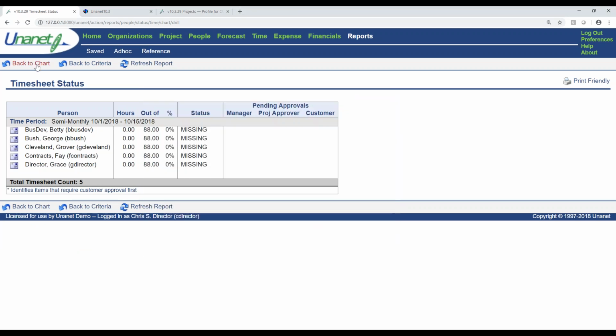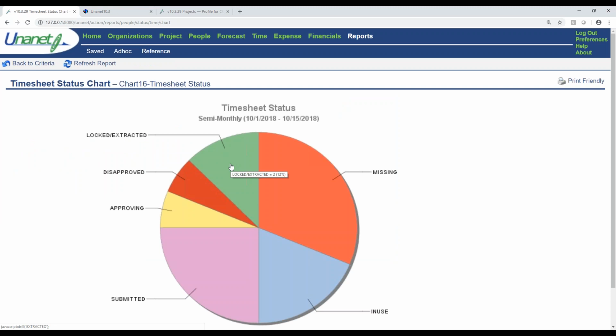Presumably, George will have already received that email reminder if we've configured our Unanet to do that. But you can email directly out of Unanet. The goal here is get to green, though, right? So who is yet to start entering their time, who has started to enter their time but has yet to submit it, but then once it's submitted, it'll be approved, and then it'll actually be locked, extracted, and interfaced and sent over to your payroll provider.